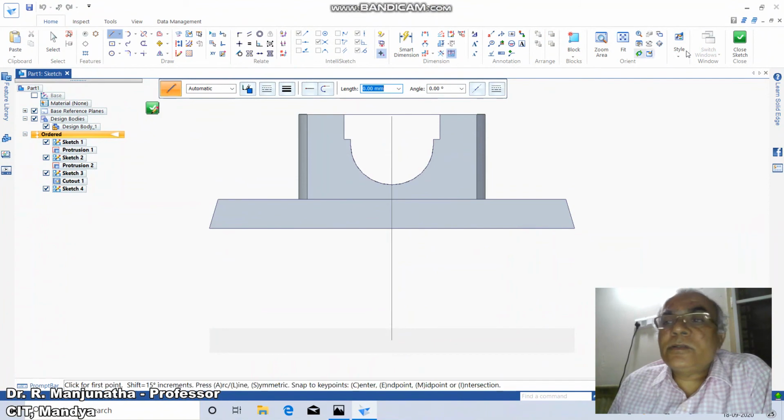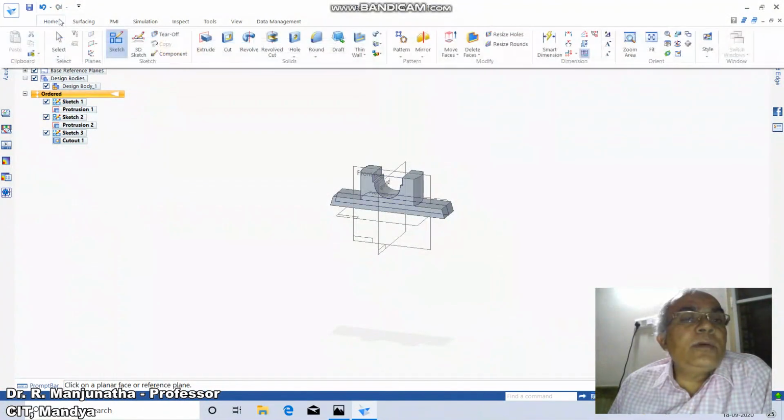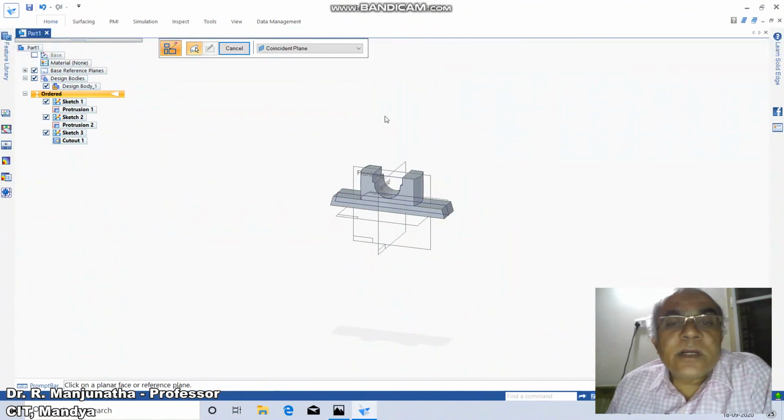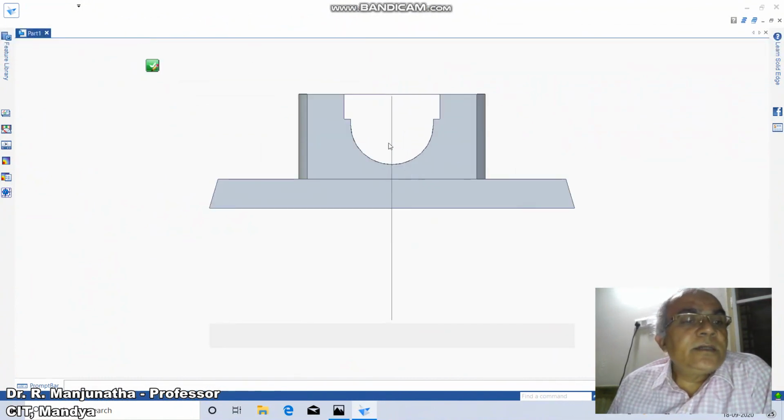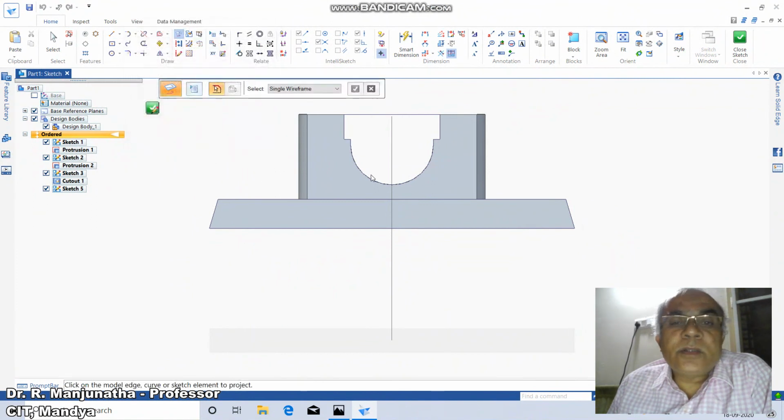Sorry, just close sketch. Then go to home, click on sketch, click on this front plane, then go to include, click on this center line and this radius.